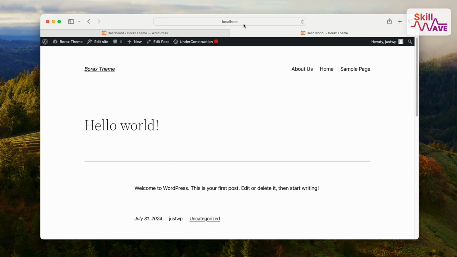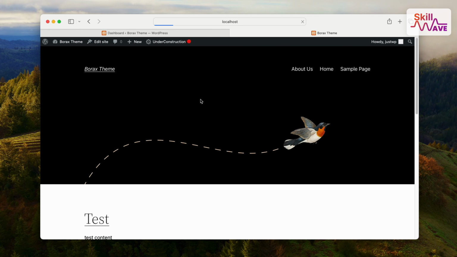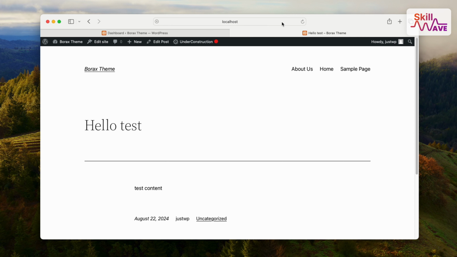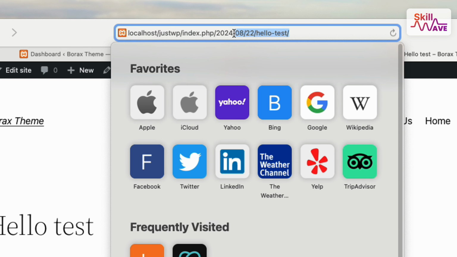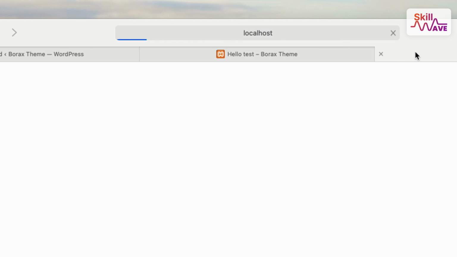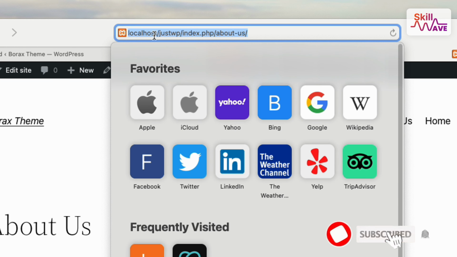Today I'll show you how you can change your URL, the permalink in your WordPress website. This is my WordPress website on localhost. If I click here and look at this address, this is the unique URL of this post. Also, if I go to a page URL, like